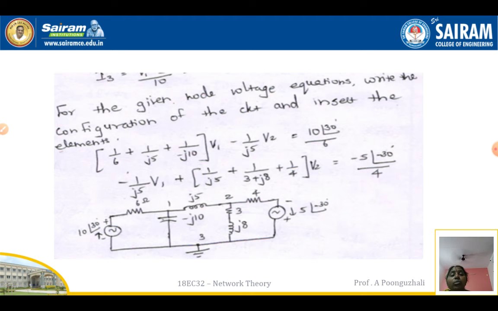Next, to node 2, I am going to have 4 ohm, 3 plus J8, and J5. J5 is already done for your node 2. Now this voltage source is going to be 5 phase angle minus 30. Since it is a negative direction, this should be minus, this should be plus. It is divided by a resistance of 4, that means a resistance of 4 ohms should be connected. 4 is over, J5 is over. The remaining element is 3 plus J8. 3 is your resistance, and plus J8 represents an inductance. So to node 2 I am going to connect your resistance 3 and your inductance J8. If I add them, it is 3 plus J8. This is how we have to draw the circuit.